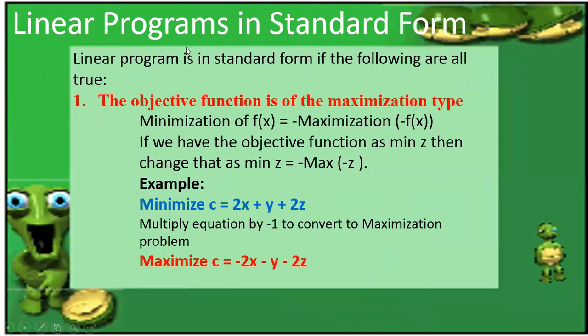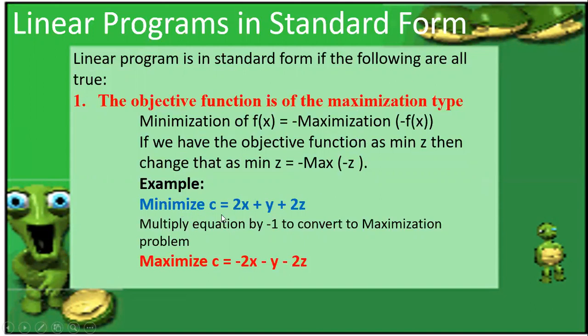So how do we bring it to a standard form? There will be two types of problems, maximization and minimization. See whether the objective function is of maximization type or minimization type. If it is maximization, there is no need to convert, and you can go to the next step. If it is of minimization type, then convert it into maximization type by multiplying by -1.